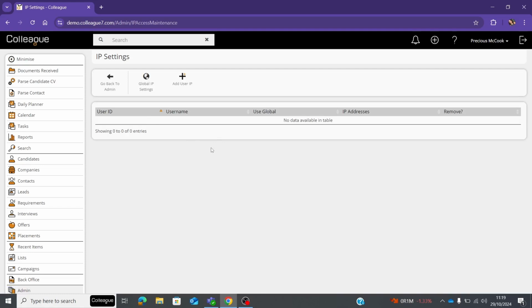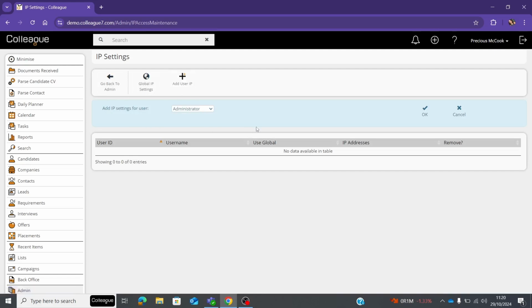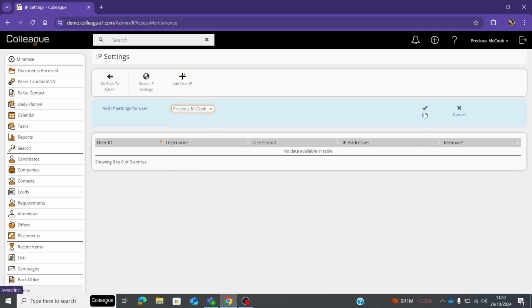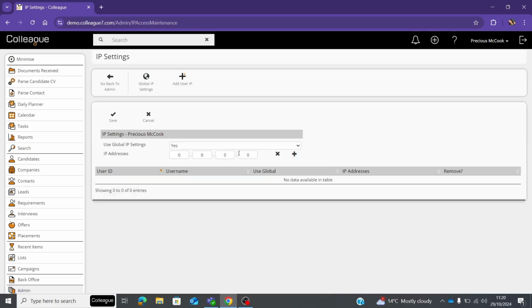However, say for example you'd like to create an IP address for a specific user, say it's their home address or they work in a separate office or anything like that, you just press the add user IP here and then a blue bar will appear and you select the drop down menu and you can either select the user group or the user specifically, and then you basically press OK once you've got that user,